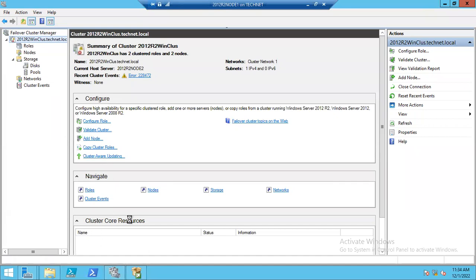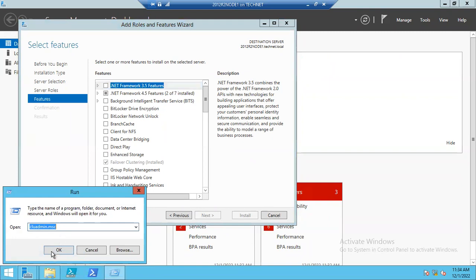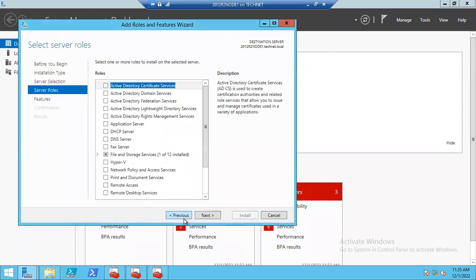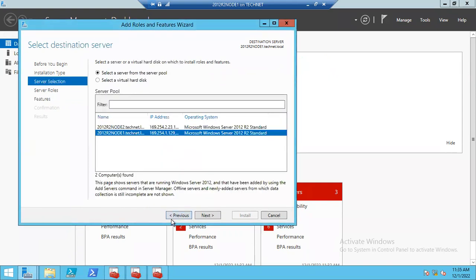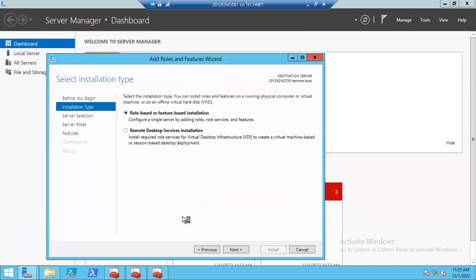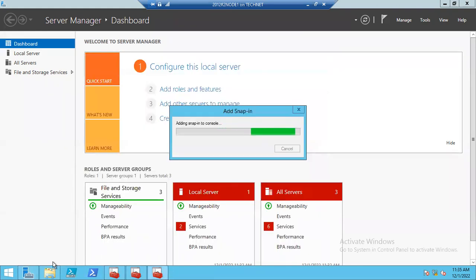Right. So if you see here, this is the way that you'll have to install the cluster. You will have to go to Server Manager. So how to enable the cluster feature, right? We were talking, we should have the cluster feature enabled on all the nodes, and you will have to go to Server Manager,